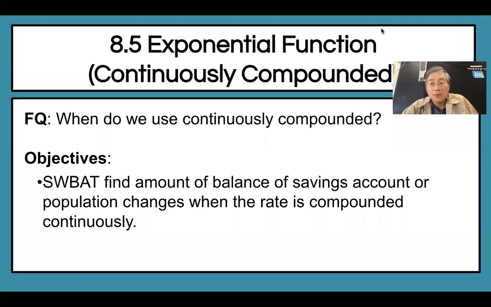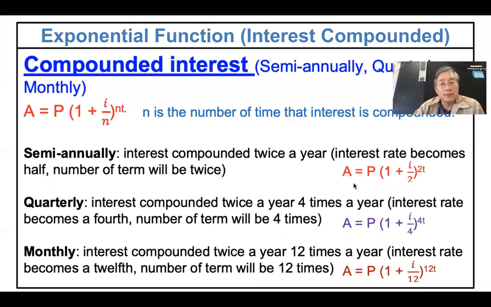Hi everyone. Today we are going to talk about 8.5, exponential function, continuously compounded. So last time we learned the exponential function, interest compounded many different ways of compounding, right? But today we are going to find the amount of balance of savings account or population changes when the rate is compounded continuously. Okay,